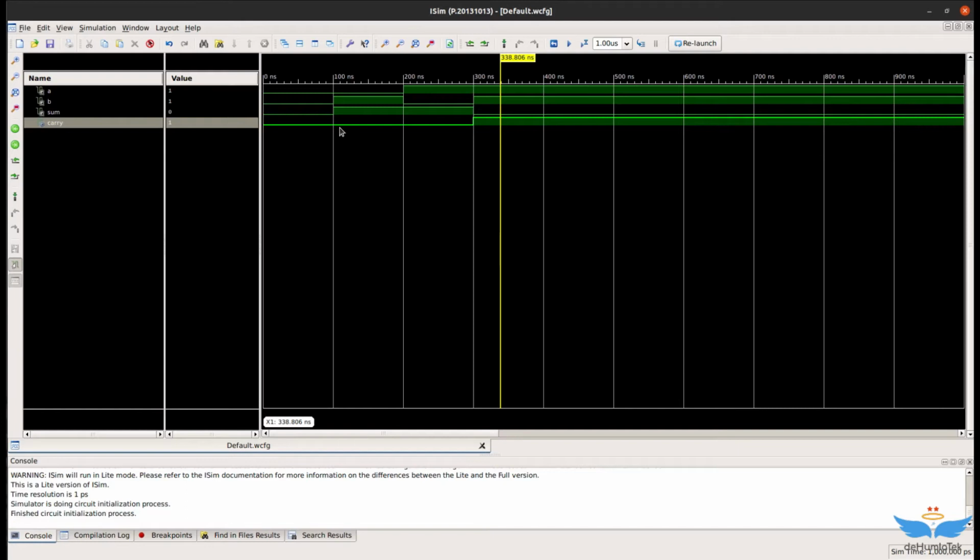So this is all about the half adder. We started by making the truth table. From the truth table we got the schematic diagram, the logic circuit for the half adder, and using the K-map we got the Boolean function for the half adder, using which we designed the VHDL code, right? Then we implemented this code. It is working perfectly in simulation. I mean, now this code is ready to deploy on the